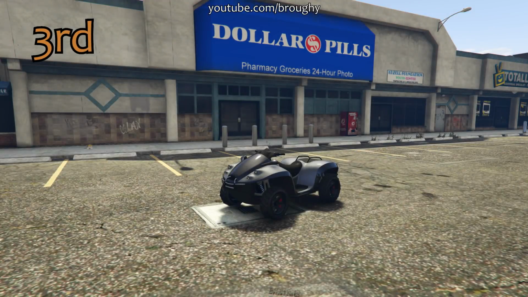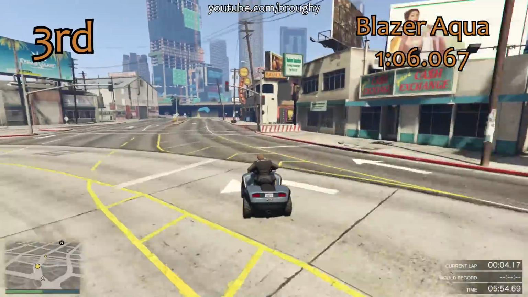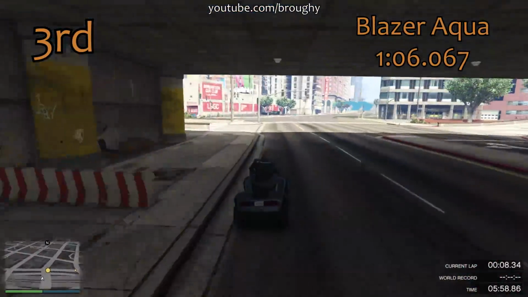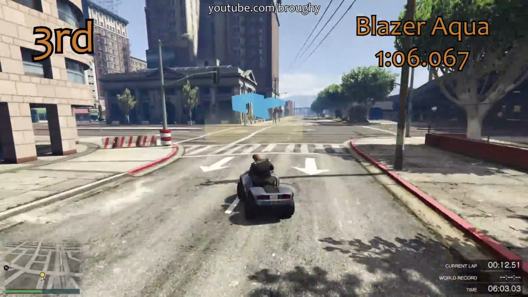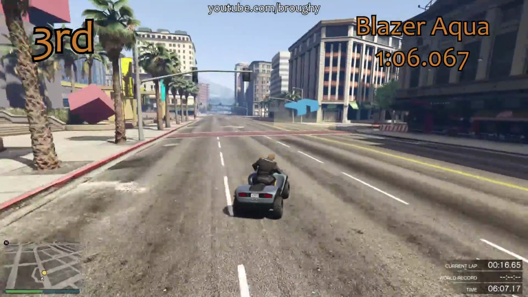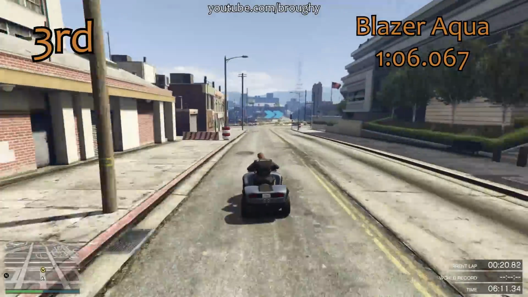And I'm surprised to see that the Blazer Aqua is even quicker than the Street Blazer. The Street Blazer actually gets the benefit of a spoiler on the back, and it gets increased traction. But all of the Blazers are very good around the corners, very similar to motorcycles in that respect. With a 106.0, the Blazer Aqua does very well to get up into 3rd place overall for the off-roads